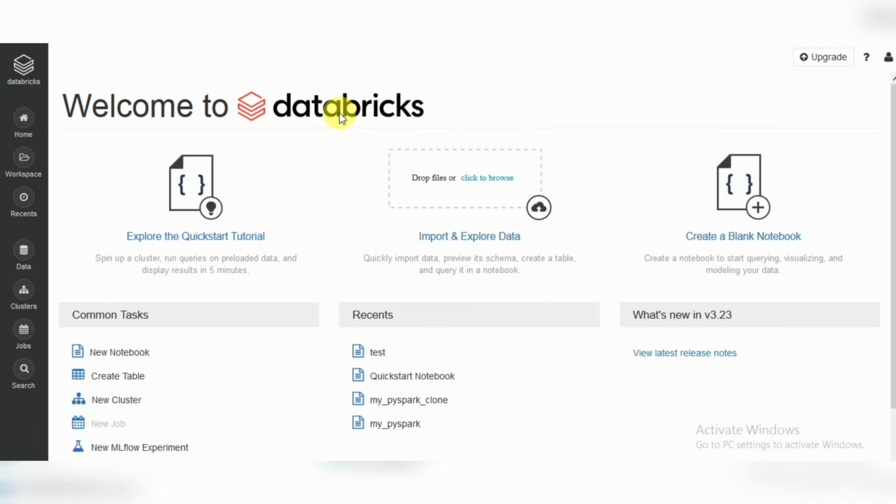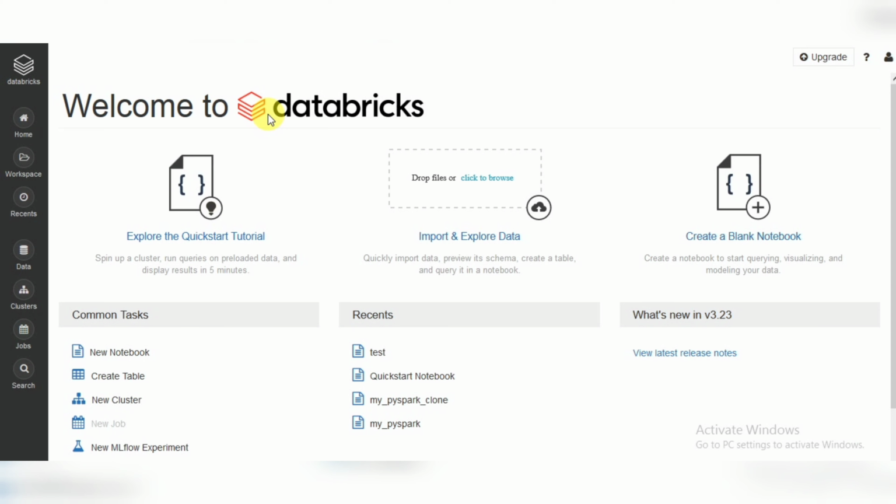In the previous session we covered an introduction to Databricks, creating a Community Edition for practice and training purposes, how to create a notebook, and the notebook features and how to use them. So please go through those sessions. Today's session I am going to cover how to upload files,